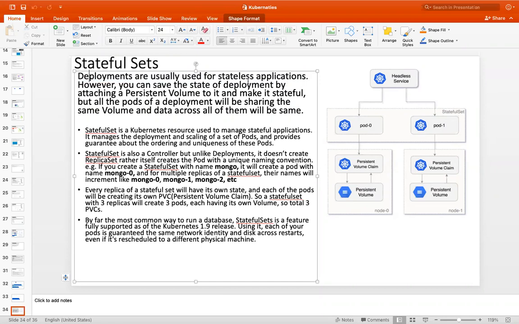You can attach a volume to the deployment, your pod, if you want to save the state of the deployment, the state of the pod. By attaching a persistent volume, you can make the deployment also stateful by using volumes.